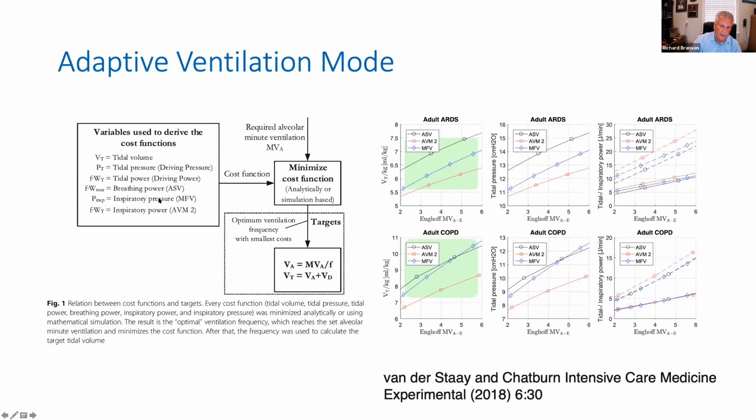And I realize this is a little bit more complicated, but just looking at some of the models that they set up here, and this is all done on a test lung, adult ARDS, adult COPD, looking at the dead space down on the horizontal axis and the tidal volume delivered up here,